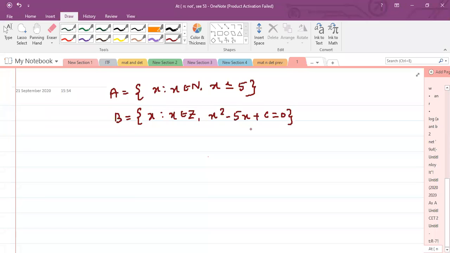Find the number of onto functions from A to B. The options are